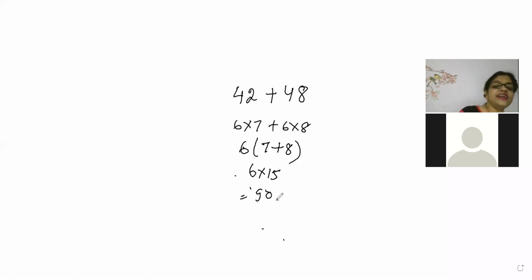And when 90 is coming, 90 is divisible by 6. Correct, Kritika? But beta, look here. This was very easy to do because I have given you numbers. What if I do not give you numbers and I give you variables? I repeat, what if I give variables? At that time, how do you prove it?